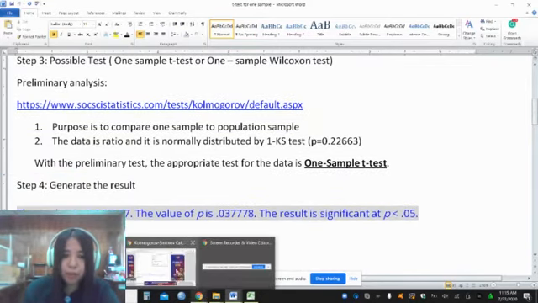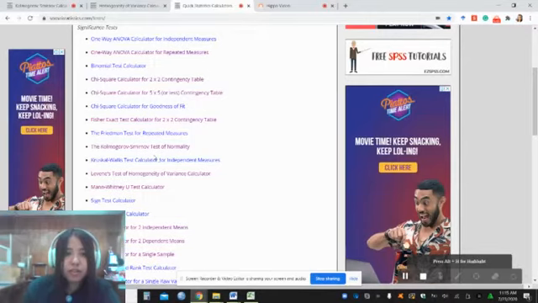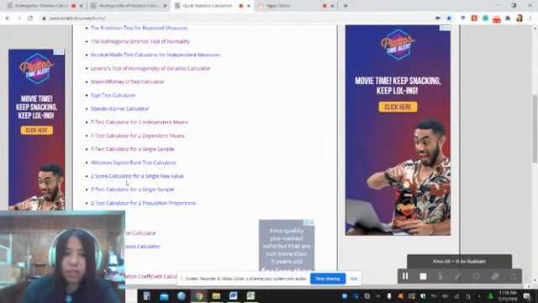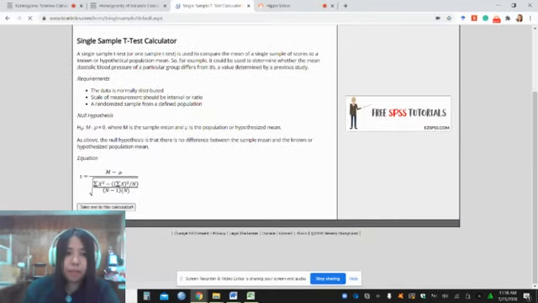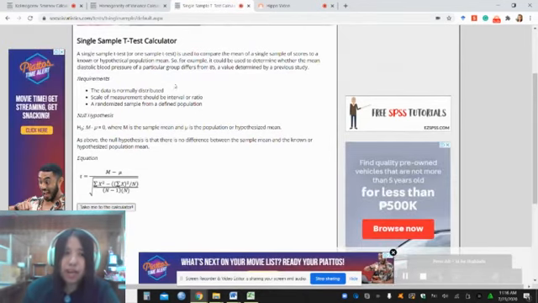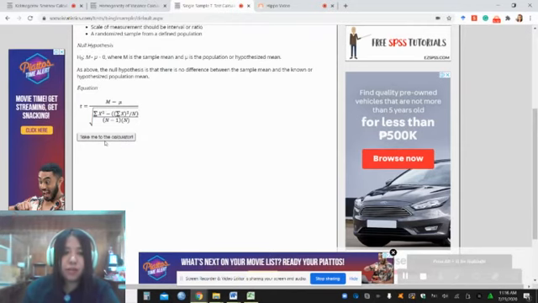So let's go back to our online calculator. In this online calculator, we can find in the list the t-test for a single sample. This is what we need, so we will click this. It will provide you with other information about the test, like the assumptions or requirements, and also the null hypothesis and the equation. Let's click take me to the calculator,